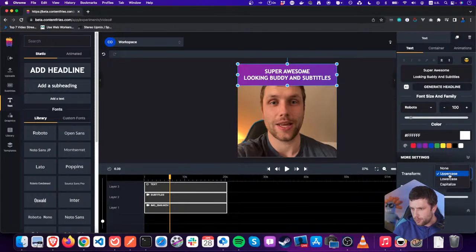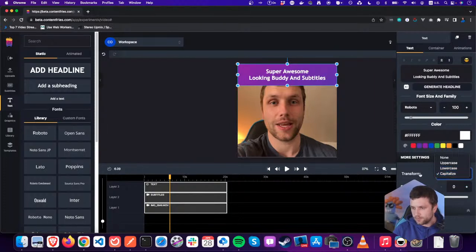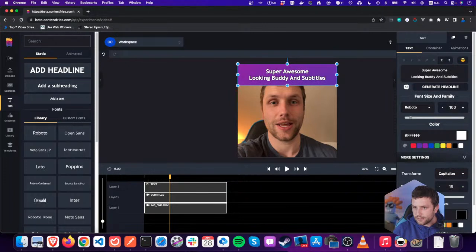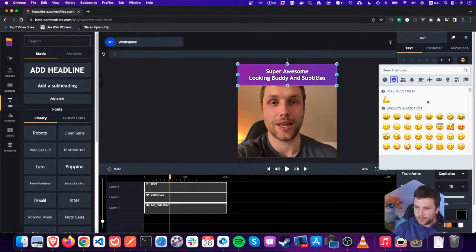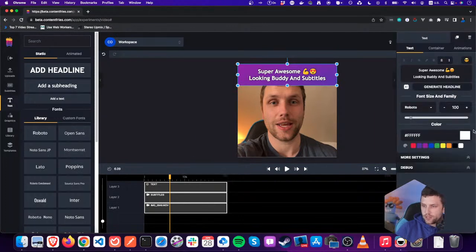And maybe I will change it to capitalize instead of uppercase, add some shadow to it, maybe add some emojis like this to make it just more engaging. Okay, super simple, easy. Now we have the first part